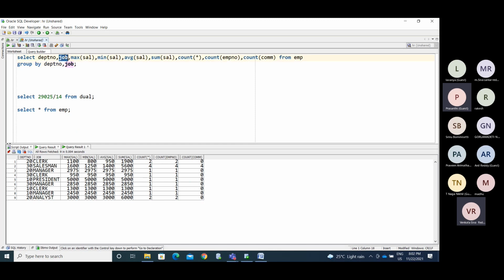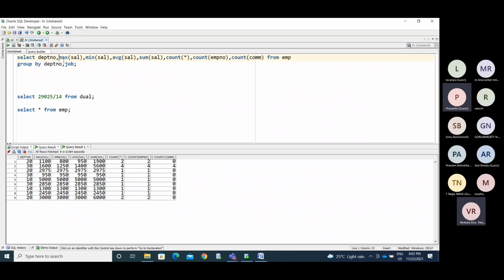Now I am removing the job from the select list. So whatever the non-grouped columns we have in the select list must and should be in the group by clause. Whatever the columns we have in the group by clause may or may not be in the select list. Meaning, we grouped department wise, job wise, but it is showing department wise as a group. Department wise it is showing 3 groups here.